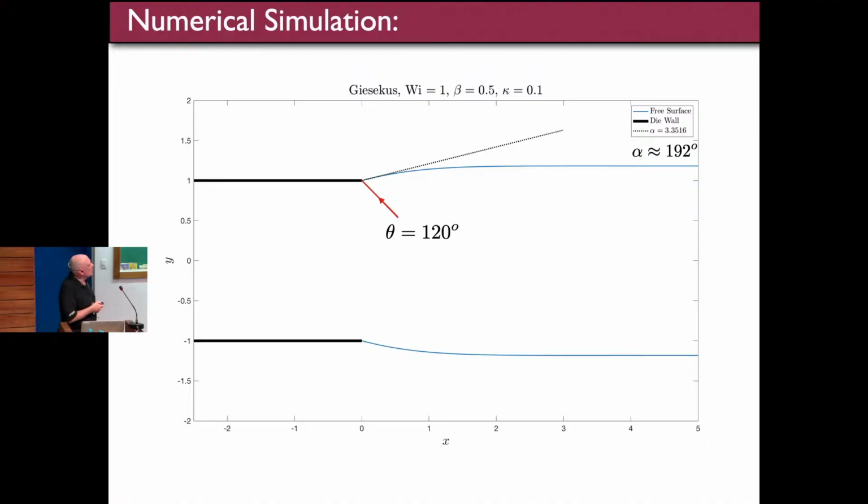Okay, so this is a simulation. It was for the Giesekus model, Weissenberg 1, beta 0.5, kappa 0.1. And this was the steady state solution. We estimated alpha by fitting a tangent line to the free surface, which was approximately 192 degrees. So we could determine the theoretical eigenvalue for the Newtonian solution. And what I'm going to show are the results coming in at an angle of 120 degrees, as the radial distance